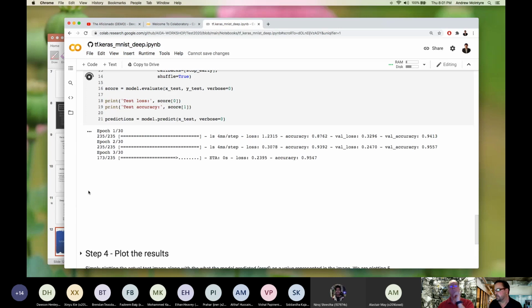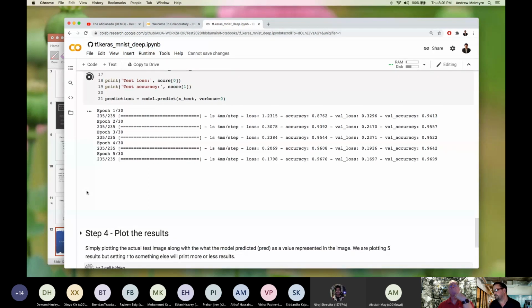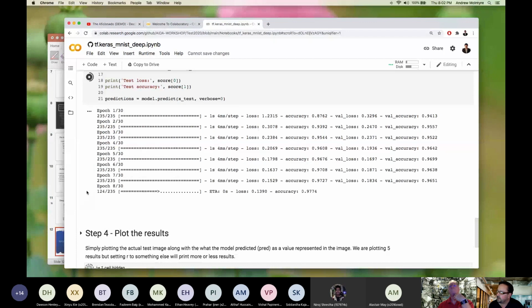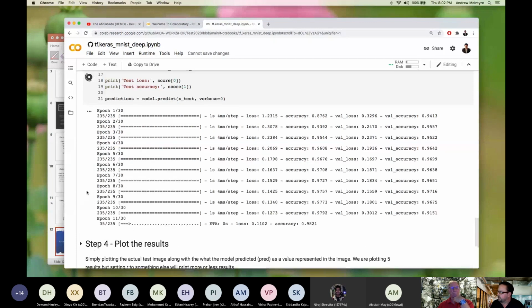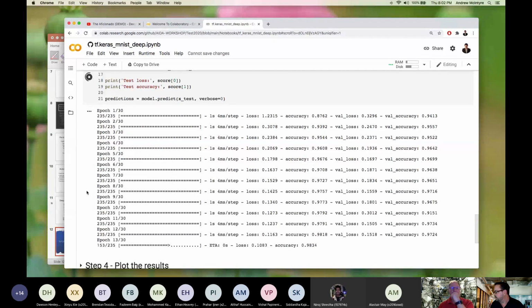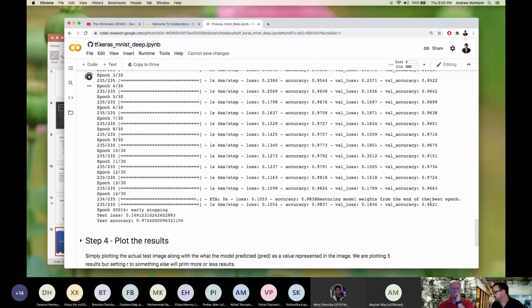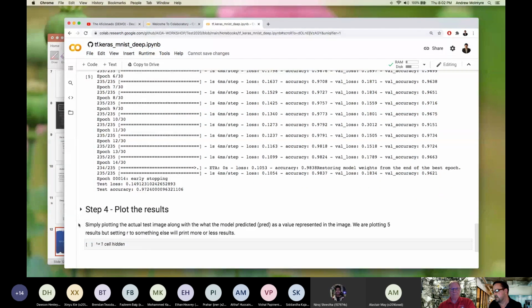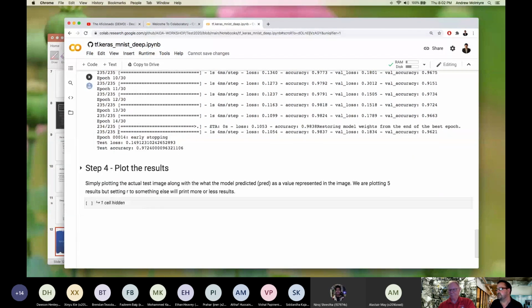So it actually zips along pretty quick. And so we're getting validation accuracies around 0.97, which is pretty good. And sure enough, our test accuracy is around the same value, 0.97. So that's very good test accuracy after only 14 epochs.